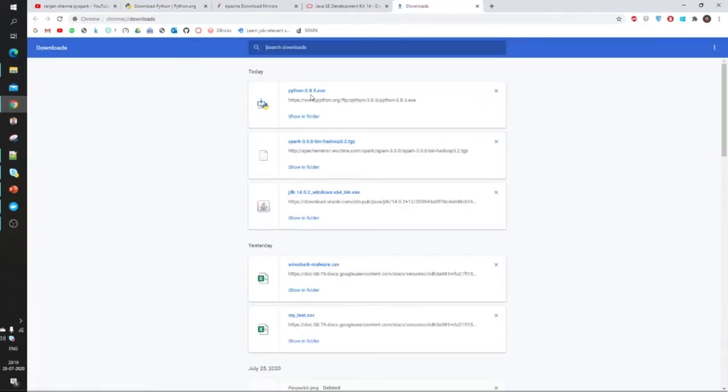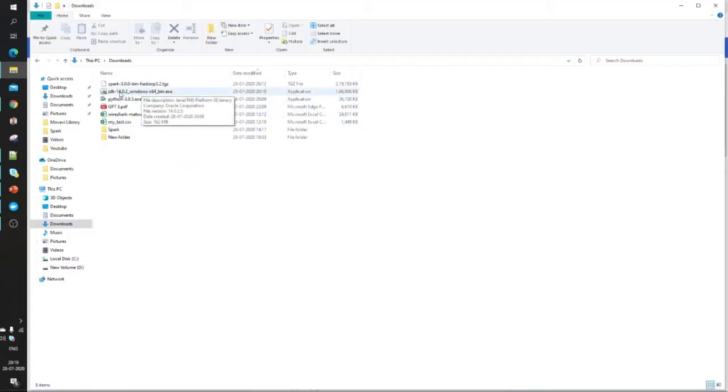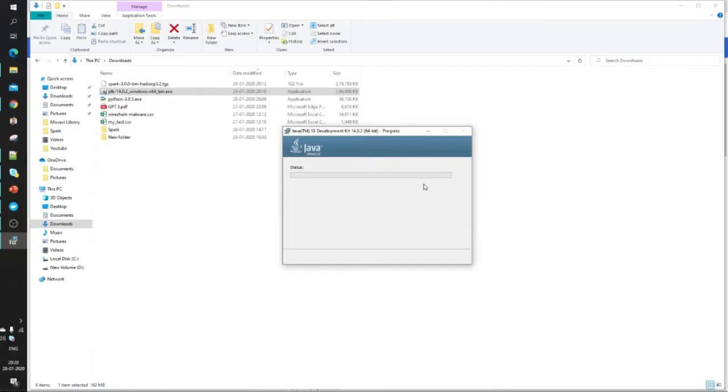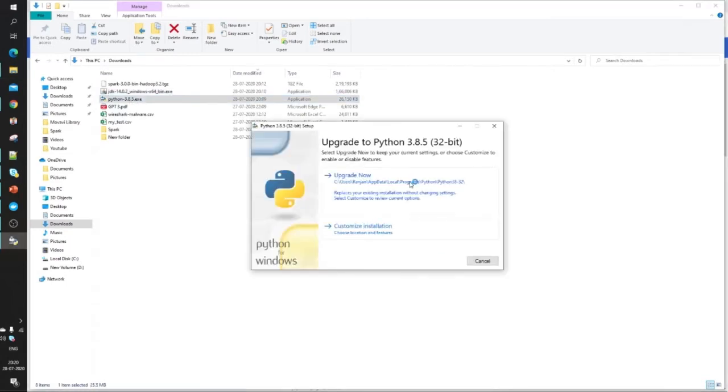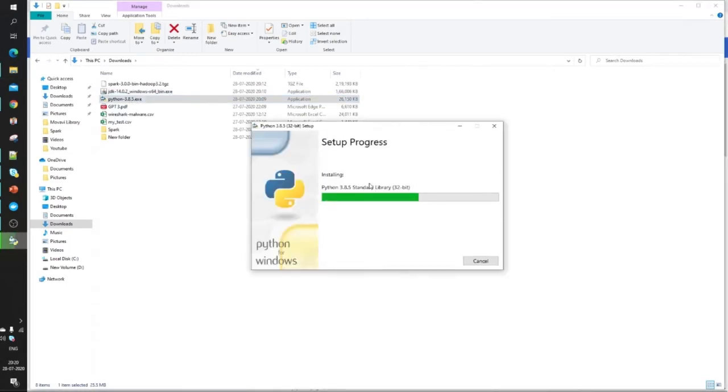So my three files got downloaded. Now these are here. First I will install this Java version, and I've already installed it. So yeah, this Java got installed. Now I will install Python. For this Python we just have to click next. And meanwhile it is getting installed,